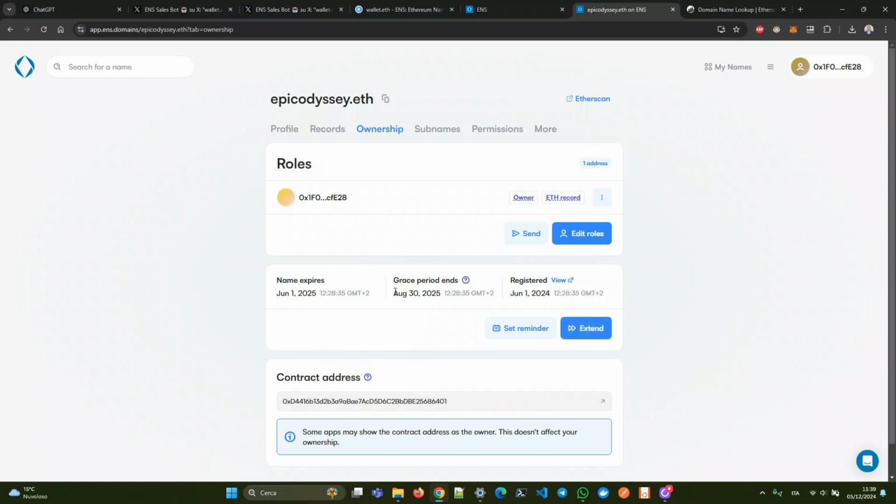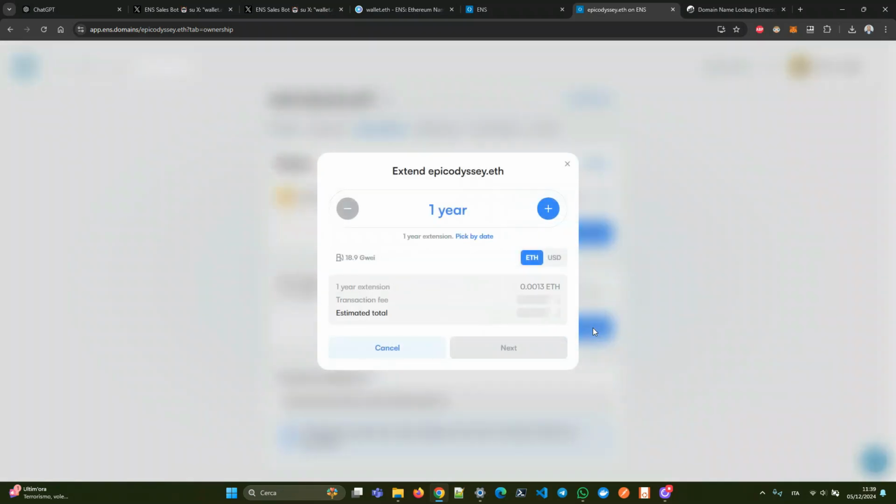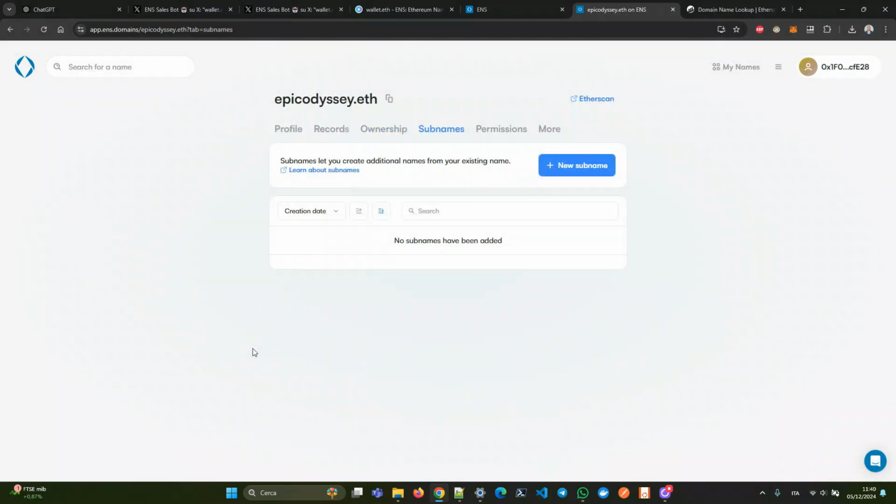You could also extend the validity of this name. So for example, I can extend it for 1 year, 2 years, whatever I like. Another feature of ENS is that it allows you to create subdomains related to this ENS name. For example,